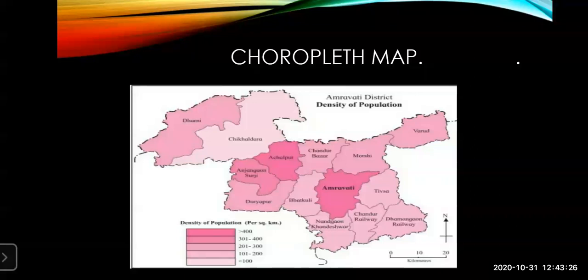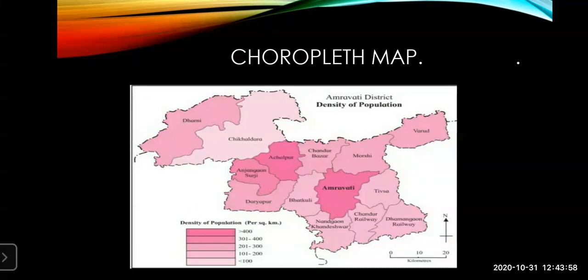Now we have already solved all the choropleth maps from your textbooks. Remember one point while using the colors. This is also one point that you have to remember in the choropleth map. You are not going to use too many colors, but you are going to take one color, and accordingly make the shades or tints lighter and lighter to show the different values. Okay, this is regarding the choropleth map.